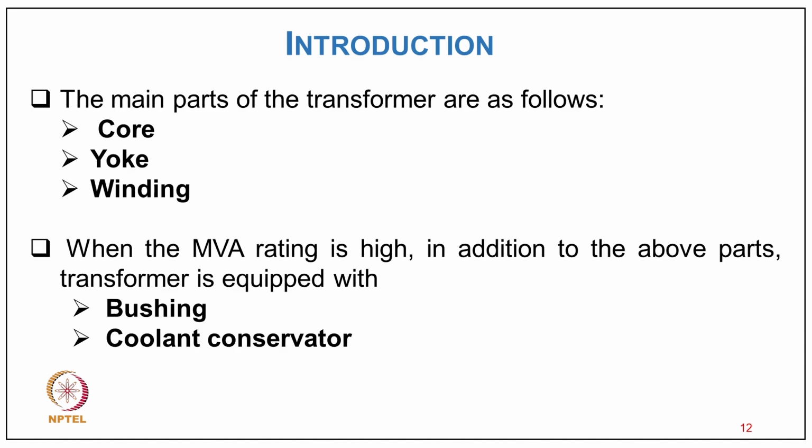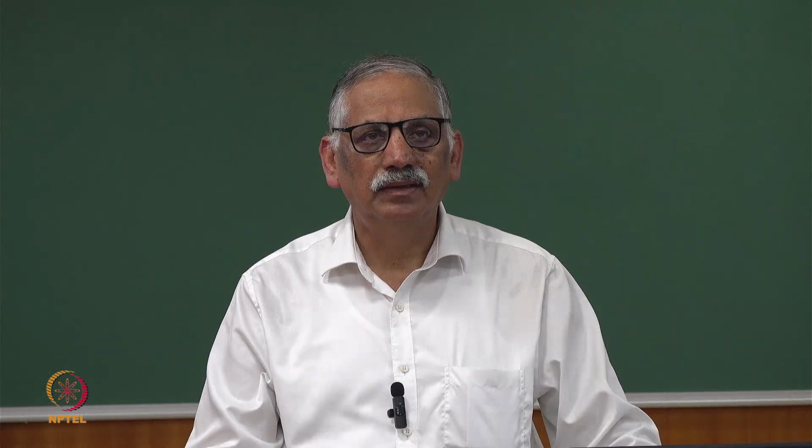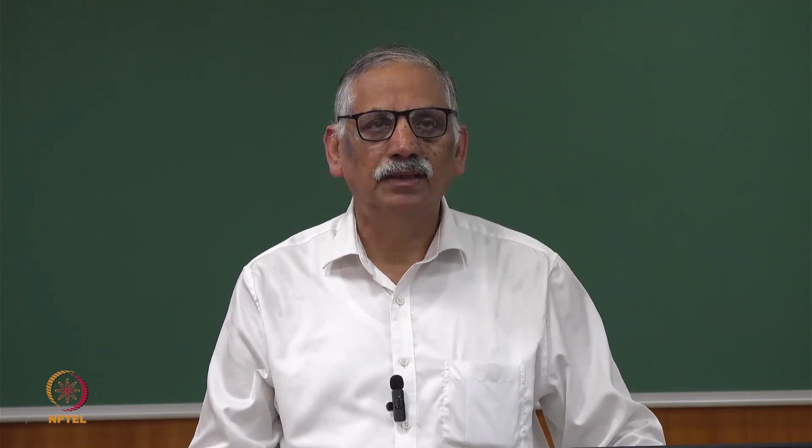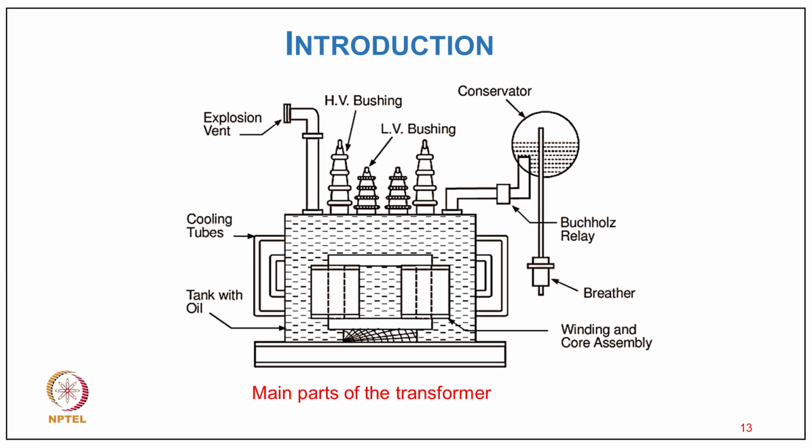When the MVA rating of the transformer is high, the transformer is equipped with a bushing and a coolant conservator for effective cooling, as well as to provide enough protection for the high voltage. You can see here the main parts of the transformer. In the oil-filled transformer, we have cooling oil in the body, and of course you have a core and a primary and secondary of the transformer